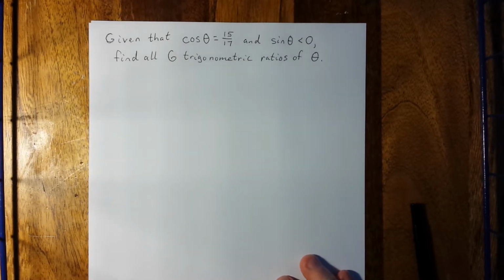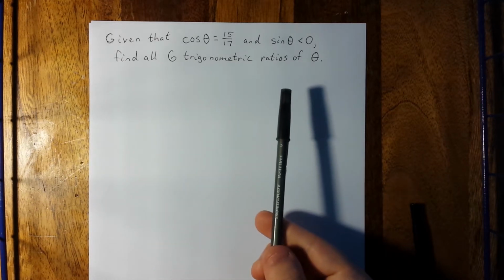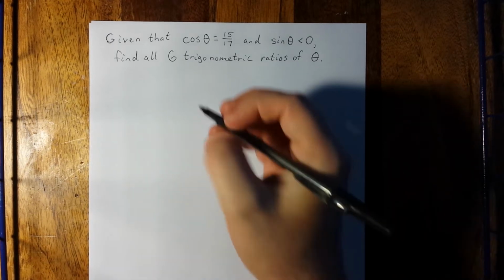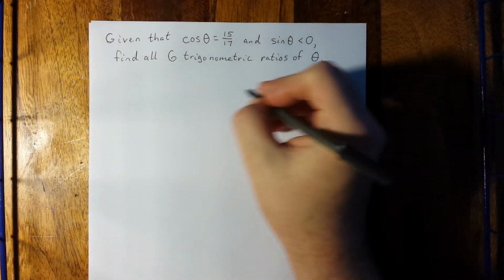So today we're doing a little bit of trigonometry. Today we're going to be graphing an angle that's in standard position and trying to figure out the 6 trigonometric ratios of that angle. We're given that the cosine of theta is equal to 15/17 and that the sine is less than 0. So anytime we get started on one of these types of problems, I want to do two